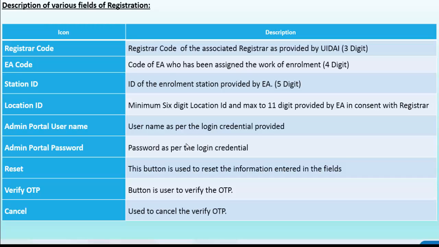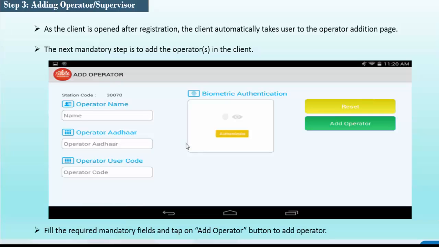Then verify OTP, which we have seen already, use it to verify the OTP. Then the cancel button, we can cancel the OTP if it is not required. So these are the fields in the registration screen. Once we have done the registration, the client will close, then we have to open the client again,